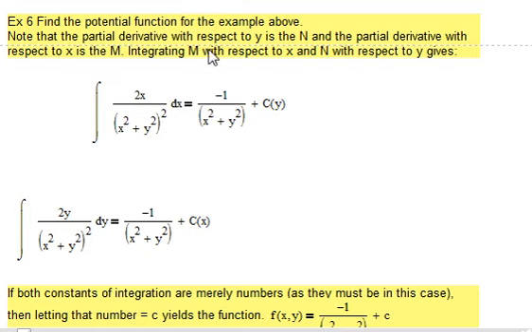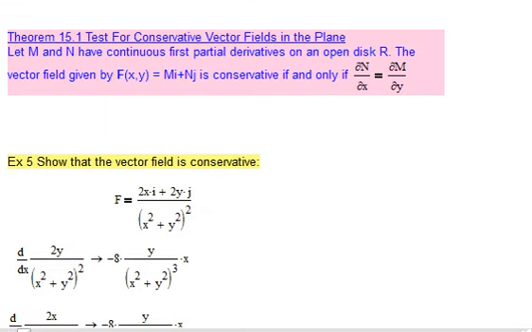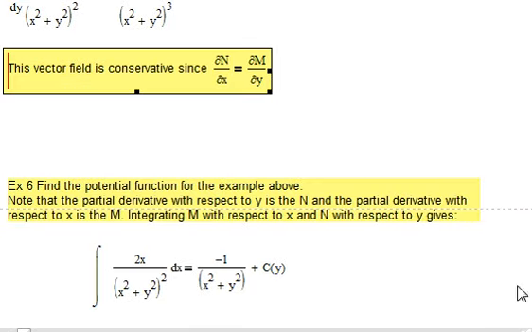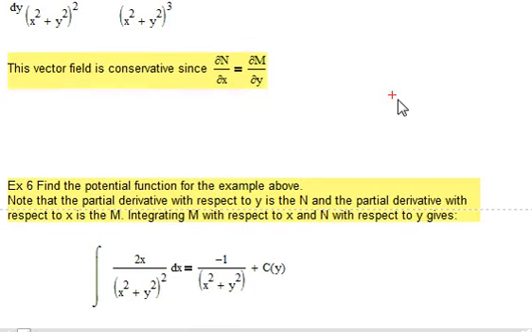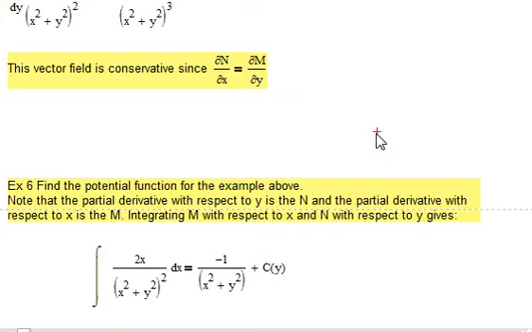And to find the potential function for this example above, that's this one, right? Since we know it's conservative, then it does have a potential function, so how would we go about doing that? Well, we could start by saying, let's integrate this with respect to x. And of course, if we integrated this with respect to x,